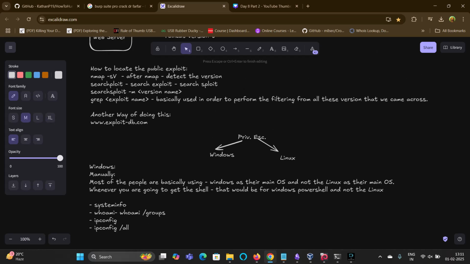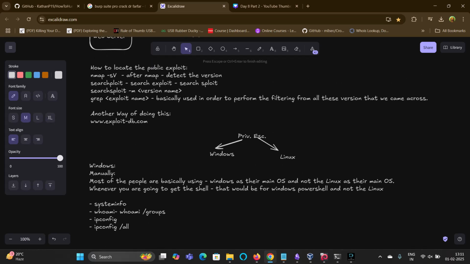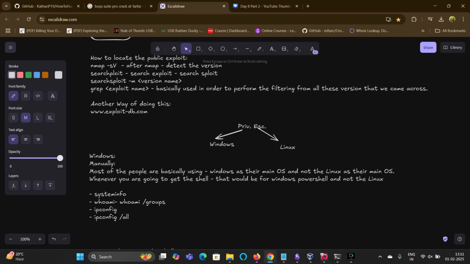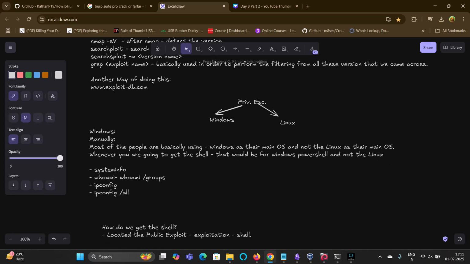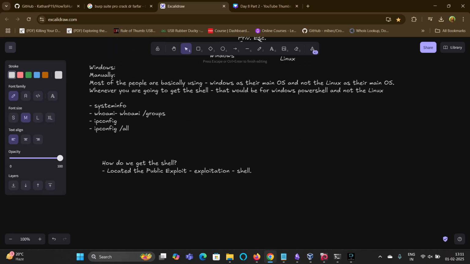Firstly, what you did is you perform the nmap, right? As I told you, when you searched about that particular thing, you get the version name and you get the search exploit. After performing the search exploit, you get to know that there is an exploit. Then you go to exploit.db and search for that particular exploit. After searching for that exploit, you get the payload as well as the POC.